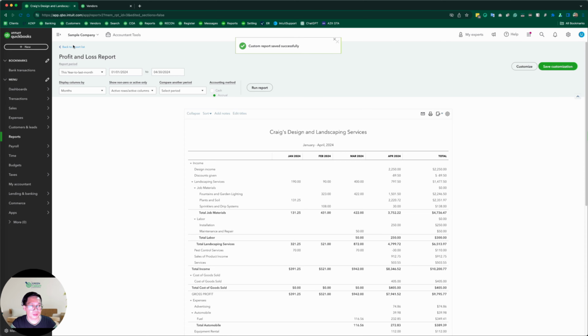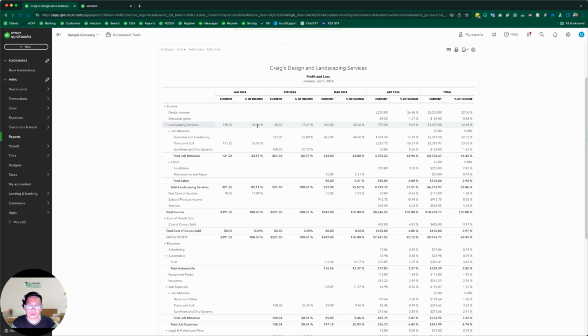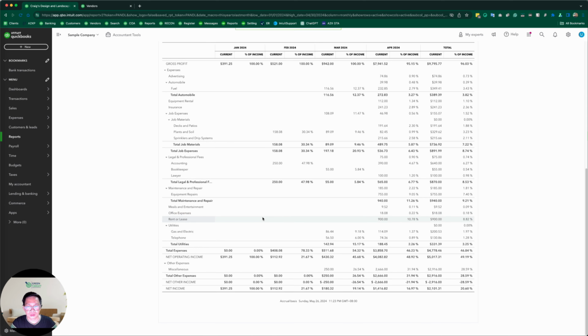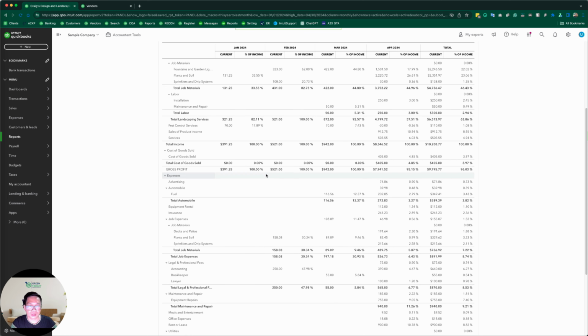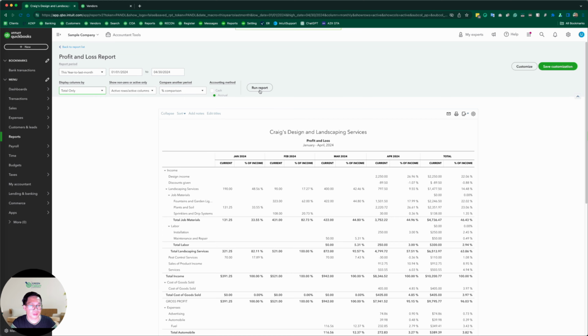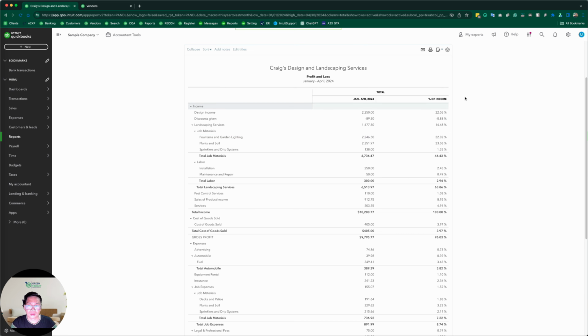So after we have saved it, then you will be able to see it on the custom reports. If you want to change something here, for example, you want percent of income, you can edit the report here, run report, and you can see how your income and expenses compare to the total income in terms of percentage. This is very useful for analysis, but I recommend you doing it on a total only basis because that's